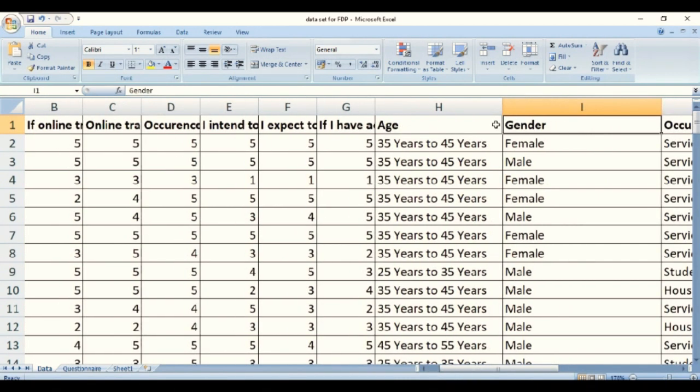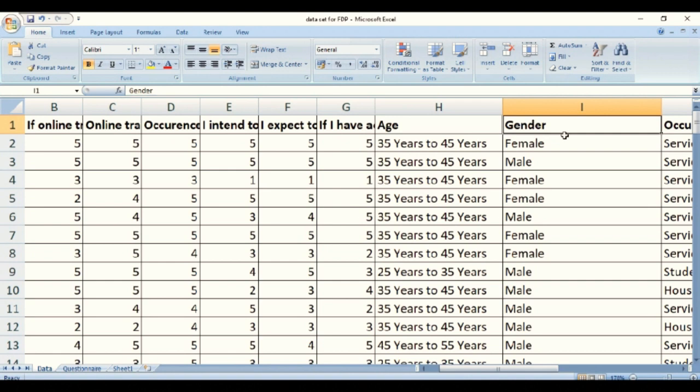For example, if you see over here, gender. Gender has two categories, male and female. Since we cannot assign any order to them, it will be a nominal scale. So we will be assigning male as number 1 and female as number 2.